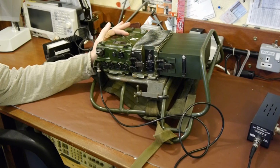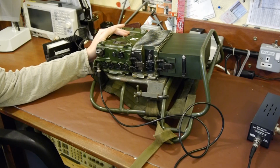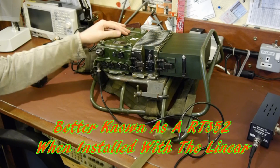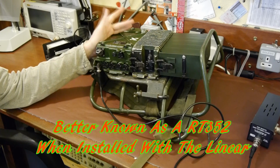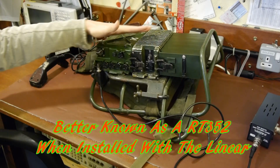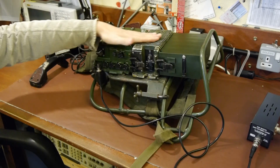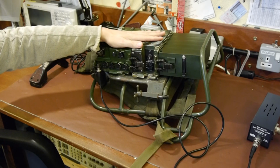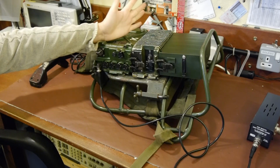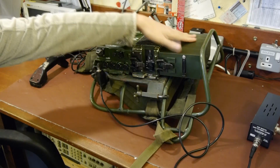So this radio is an RT351, and well, I can almost hear the mirror mints being spat out and the Zimmer frames vibrating in anger by the VMARS crowd, because it's not actually probably correct to call it a 351, because this is the transceiver part here, but you see we've got something bolted in the middle here. Now this thing in the middle is a linear amplifier which gives it an output. It boosts the output from about 5 watts to around 20 watts,